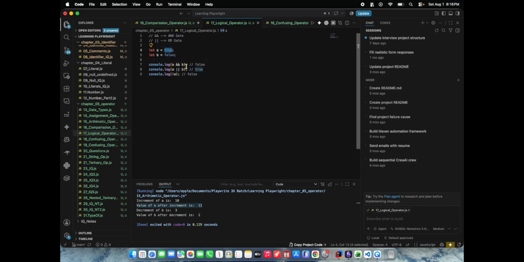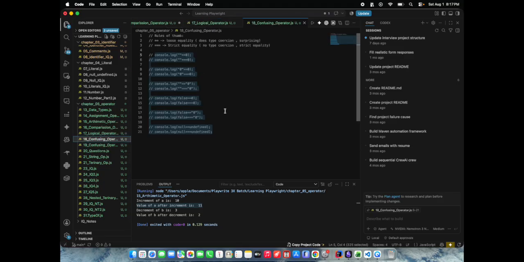A and B, A value is true, B value is false, then we are considering it as false for the AND operator. And in the case of OR operator, we are making it as true. And for NOT A, we are making it the reverse of true, which is false. Hope you guys understood this logical operator. And these are the confusing operators, what I can say. So the rules of this one are,